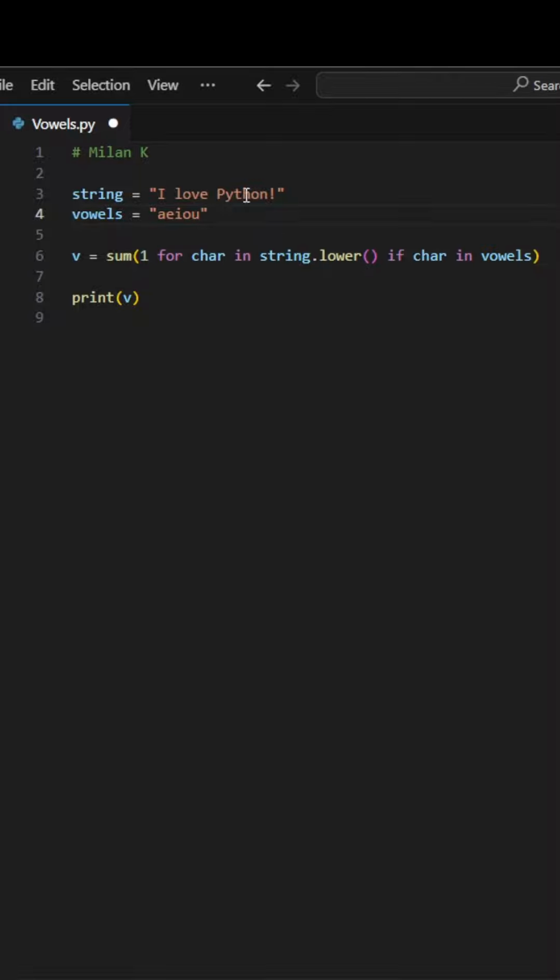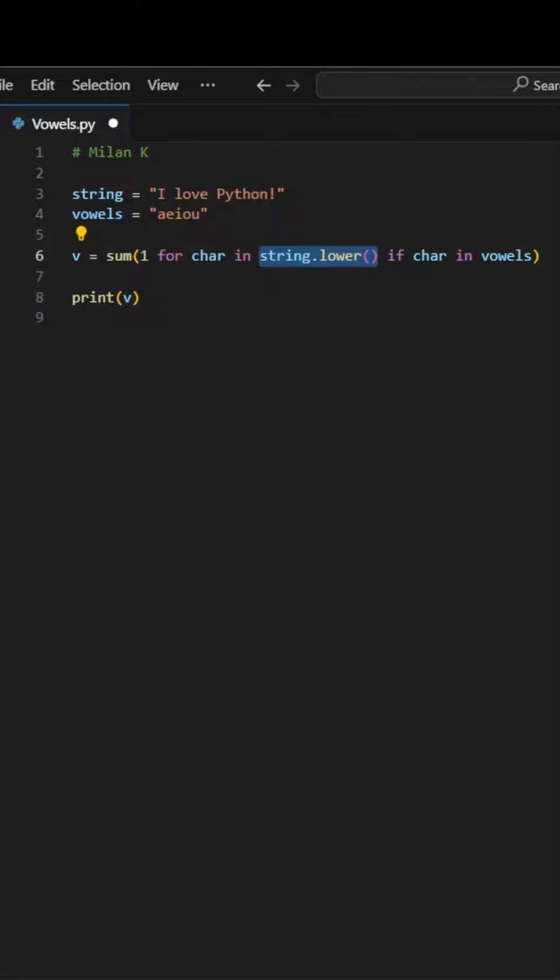So, first of all, if we look at the string here, we've got one capital letter and the rest are all lowercase. So the vowels that we're looking at are all lowercase. So I wouldn't pick up this capital I, so we would actually miss that in our list. So what we need to initially do, we need to turn this string all into lowercase. So the capital I becomes a lowercase i